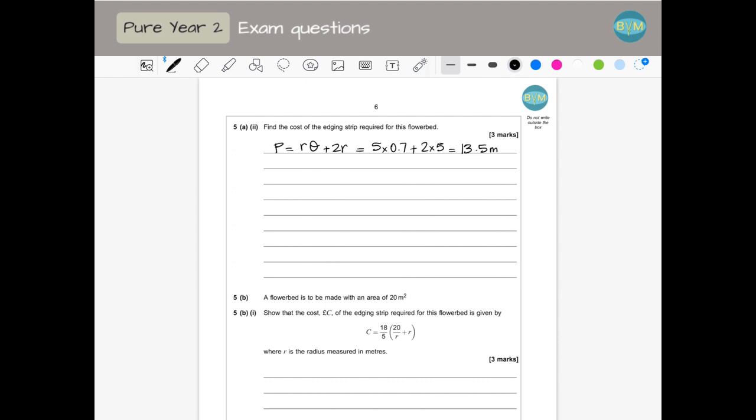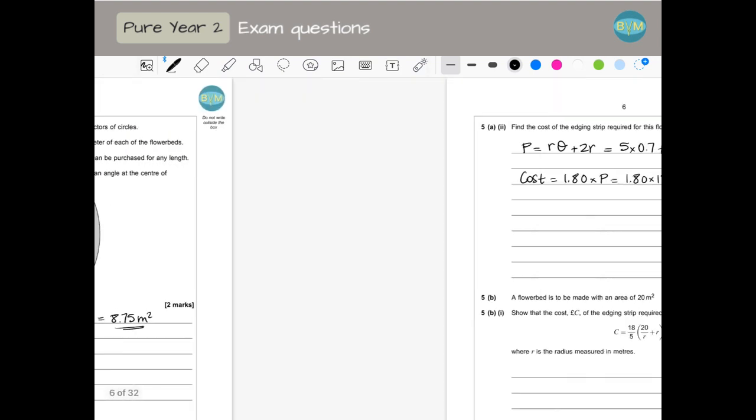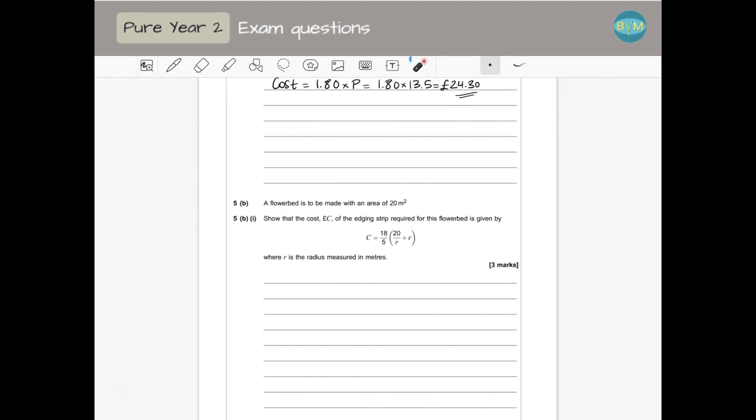This is the perimeter, which means the cost is going to be £1.80 times the perimeter. So it's £1.80 times 13.5, which is 24.3. It's pounds, so I'm going to add the pounds, and I'm going to add a 0, because it's how we write the pounds. Yeah, that's it. The next thing, it says a flower bed is to be made of an area of 20